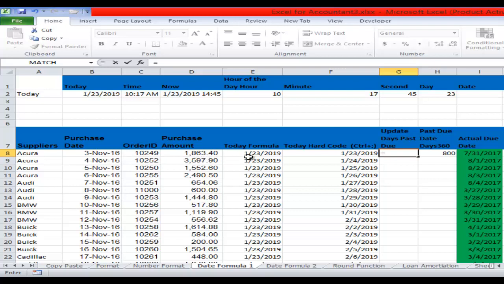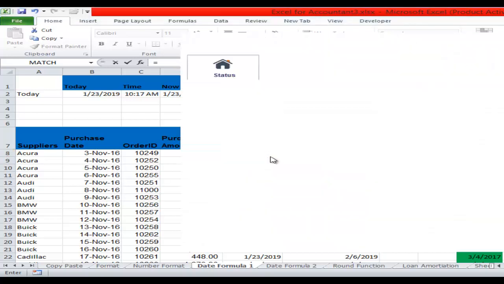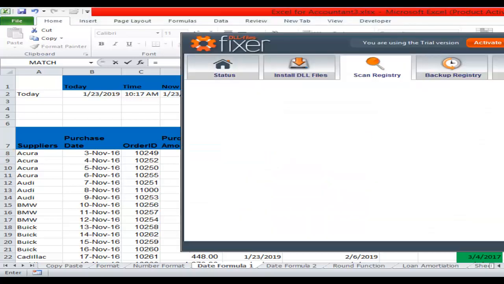You can see by today's date, we want to know how long this car has been bought. We want to look at the past due date for the car, that is, the days that have been past due. Now let's assume